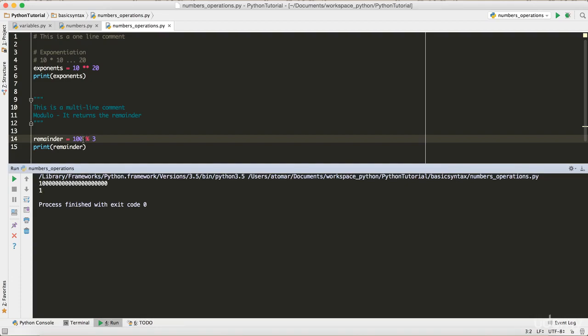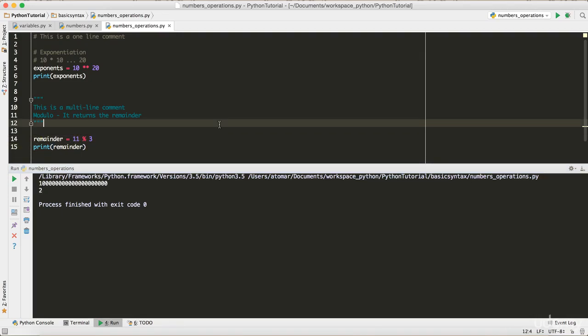It's exactly the same with 10, right? If I try to do 10 modulo 3, it's gonna give me the same answer. It's gonna give me 1, right? Because 3 into 3 is 9 and 3 into 4 is 12. So 10 is not divisible. If I say 11, I'm gonna get the remainder as 2. 3 multiplied by 3 is 9, and if we divide 11, 2 is left. So this is the modulo which gives us the remainder.